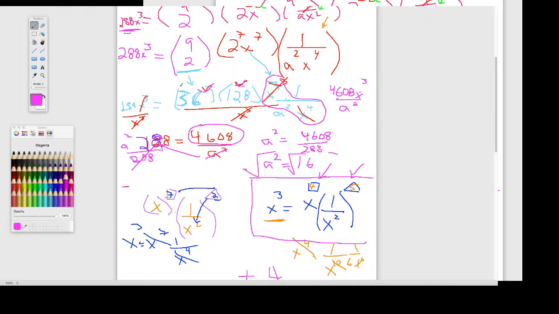All right, Kelia, so when you simplify this whole thing here, when you simplify everything in that square, you get 4608 x cubed over a squared. All right,